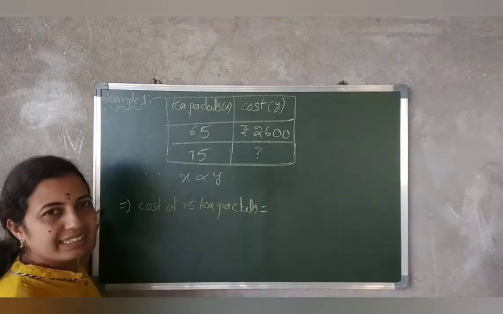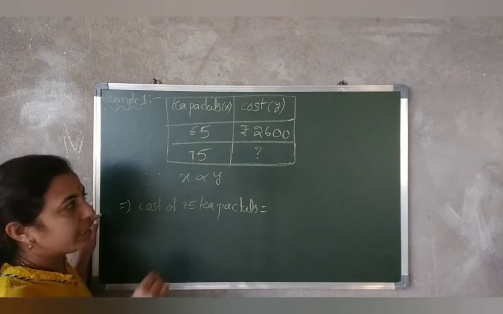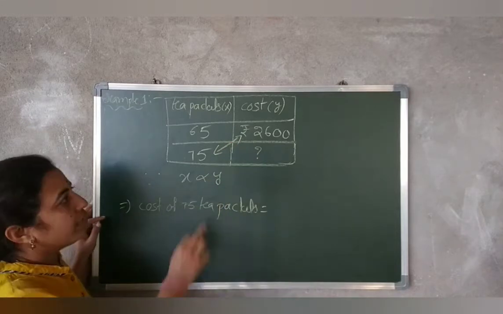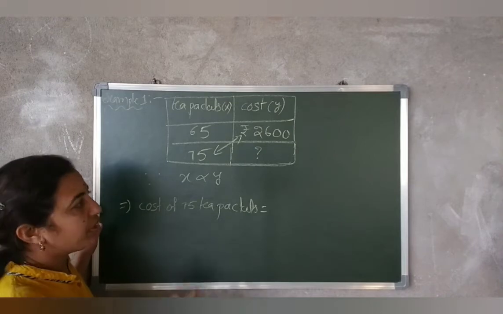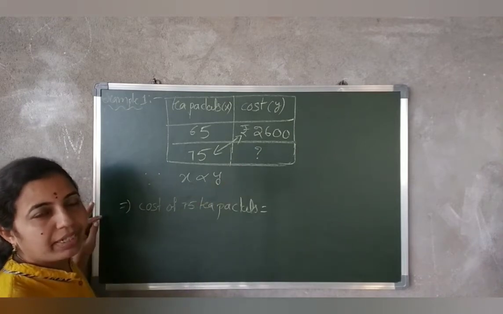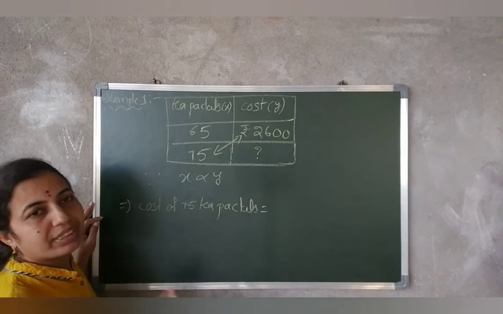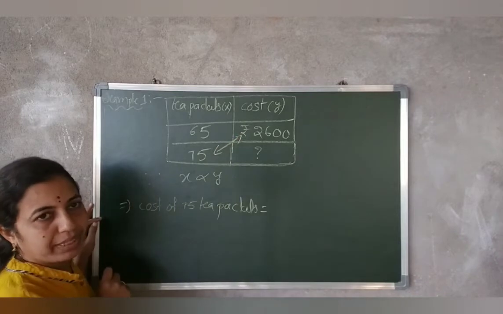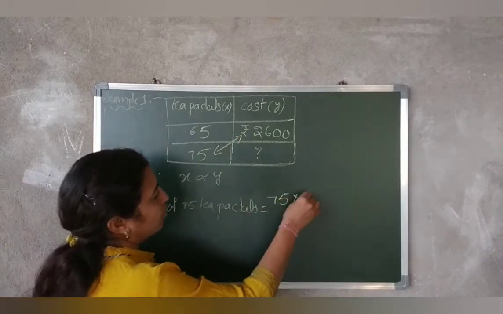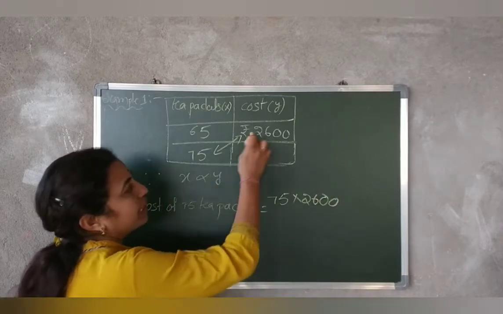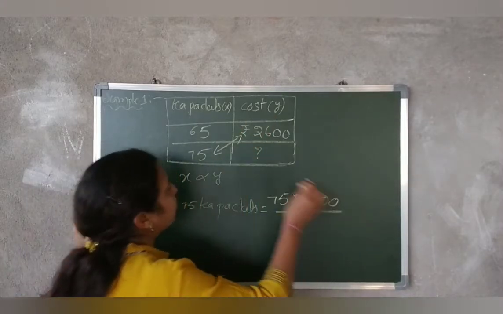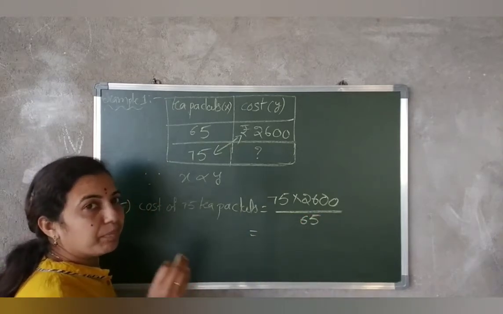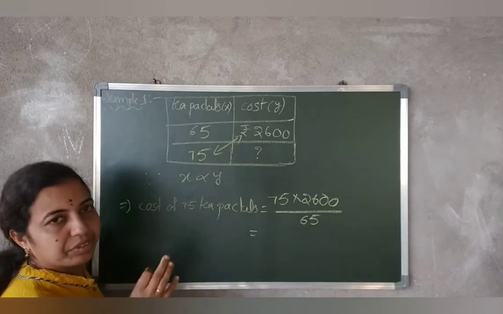is equal to. Easy way: whenever it is in direct proportion, what you have to do is go for cross multiplication and then divide with the remaining value. Whatever you are finding, find it from the product of cross values. Okay, like this. Diagonal values, you should multiply them. Now write 75 into 2600. Multiply these two, cross. Then divide by what is left here, 65. Then you will get the answer directly. If it is direct proportion, cross multiplication and division, that you should remember.